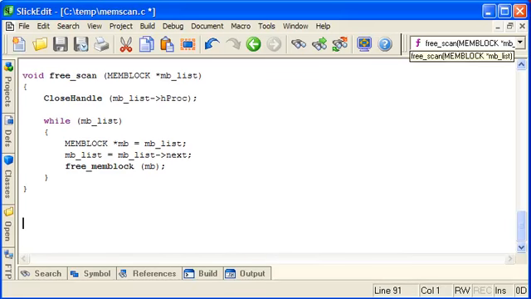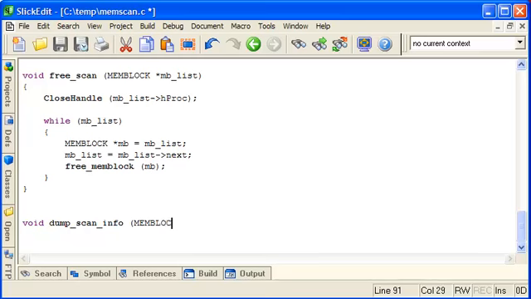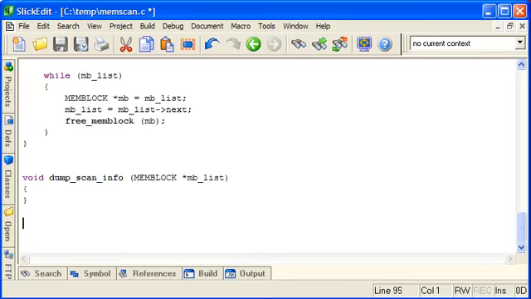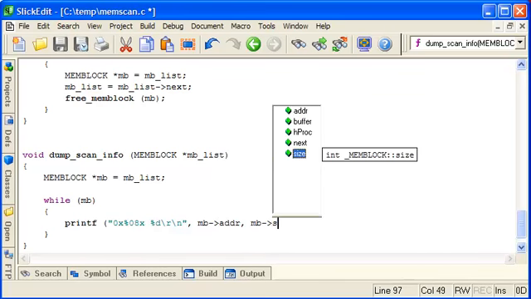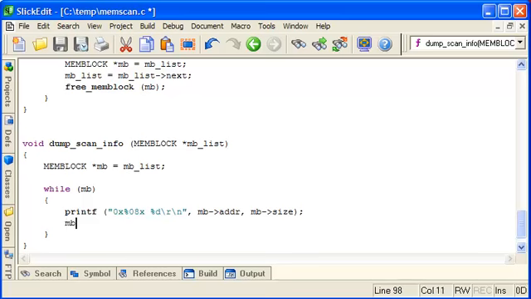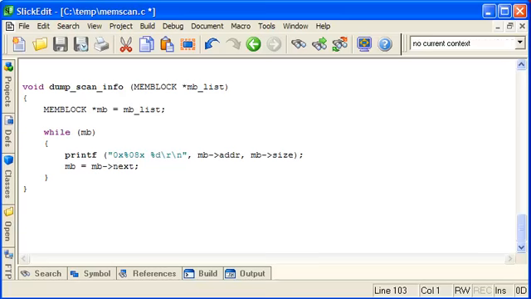To test what we've got so far, we'll make a quick function called dump scan info, which will take our linked list, and this will just print out the information about every block that we've found. So we need a local pointer at the head of the list and loop through until the list is finished, and we'll just print out the address in hex and the size in decimal. Like that, and move the local pointer onto the next item in the linked list, and then we'll just quickly make a main function